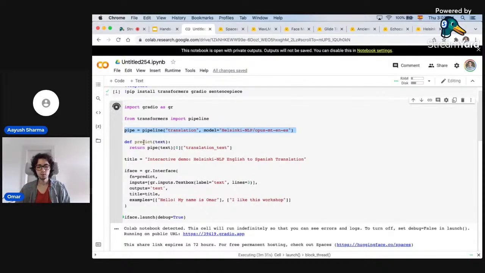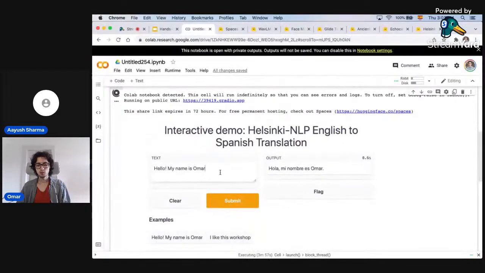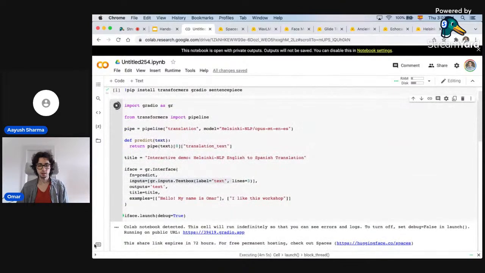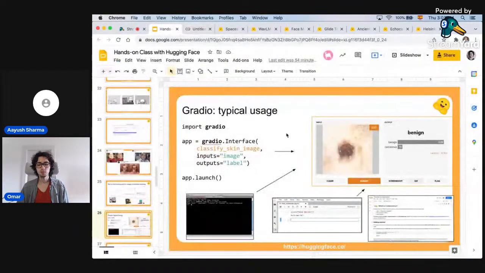And then you can do very simple things such as pipe, which is the pipeline, and use it as a function. So you can specify any text. And then what comes next, don't worry too much, but the idea here is that this line of code is just making a translation. So this function, the predict function, is the inference function. So it takes an input, which was the text, and it gives you an output, which is a new text. So input, output, and prediction are the only 3 components in Gradio, and it allows you to build very interactive demos with 10 lines of code, and it's quite simple to use.